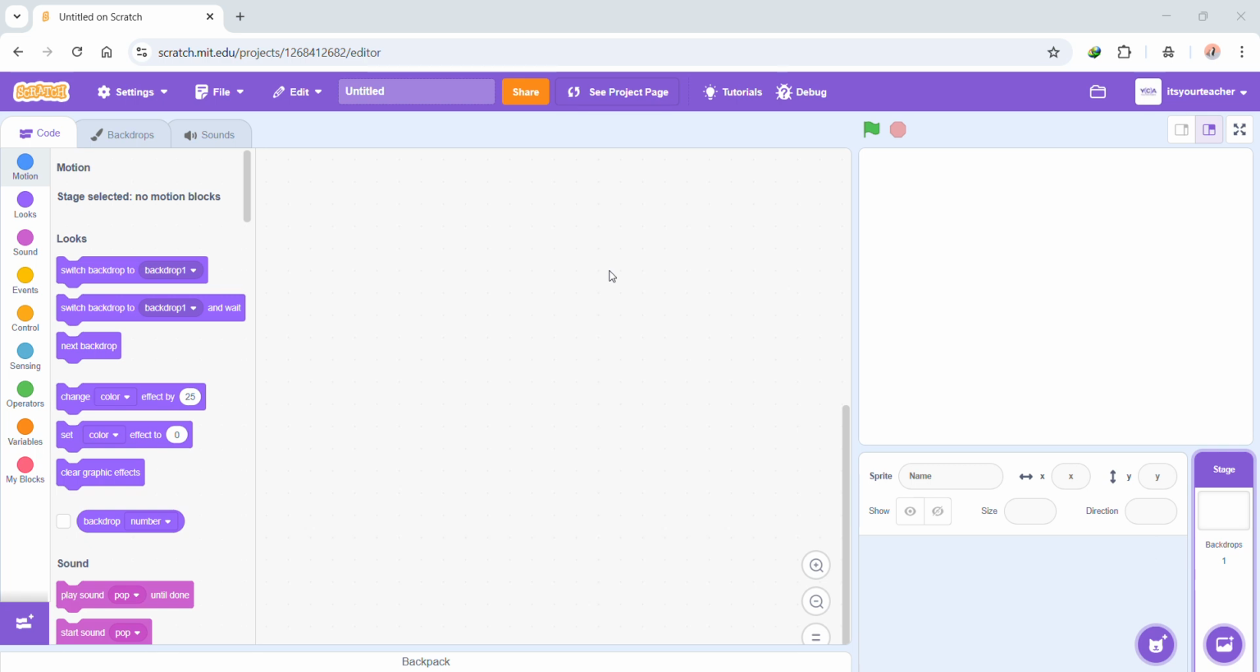So in this video we are going to create an interesting game called zombie game in Scratch. It will be very easy and super fun. So let's go. First of all we are going to open our